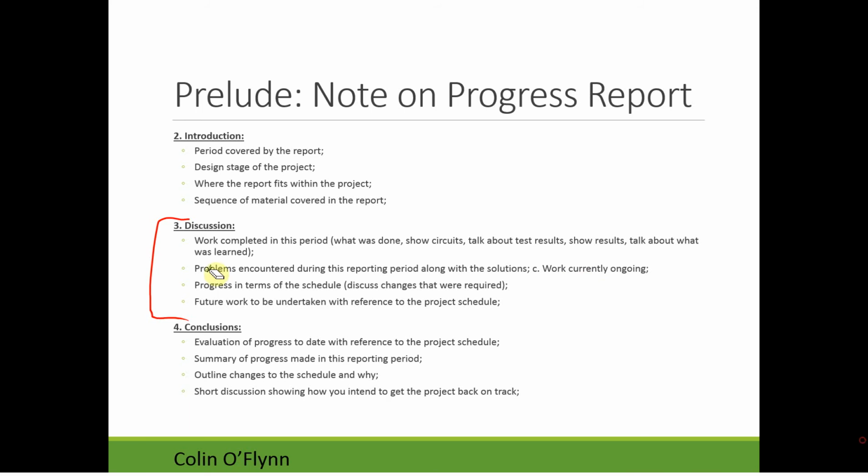One thing you have to reference is there's some sort of schedule you need, so you have to figure out what your progress is in terms of the schedule. I'll talk about that separately. The schedule can be something like a Gantt chart. That's a really easy way to show, here's the various tasks, but if you really don't like them or you don't want to use one, you can cover the same information in other ways.